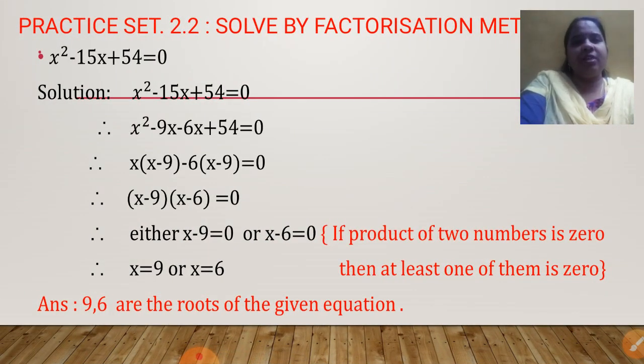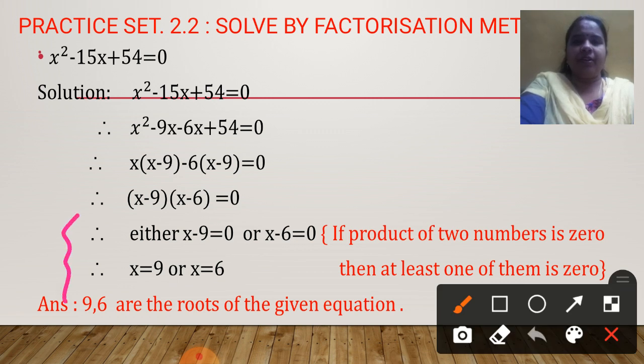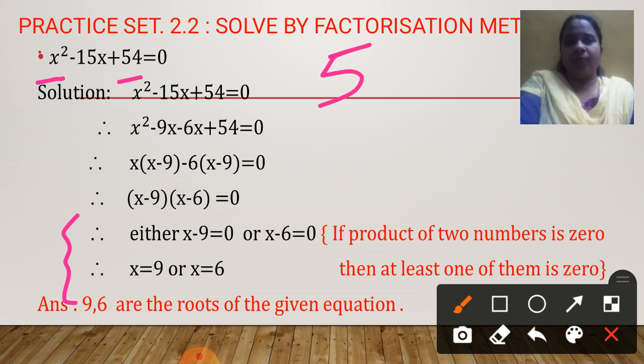So this is the first sum of practice set 2.2, right? The question is x square minus 15x plus 54 is equal to 0. Now I don't have to tell you anything extra in this except the last few steps which are written here. Okay, how to get the value of x. These initial steps you should remember because you have already learned. Let us quickly revise. Product of the first and the last term. First term is nothing, it is not having any coefficient, just x square. So it is 1. 1 into 54 is what? 54. So this product 54 is to be factorized in such a way that I should get this middle term minus 15.